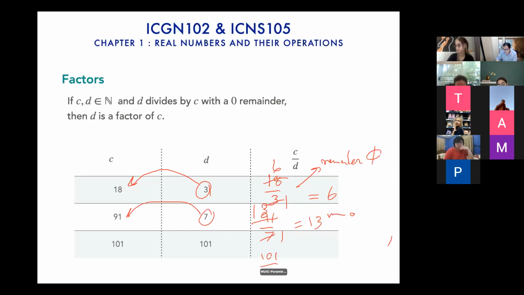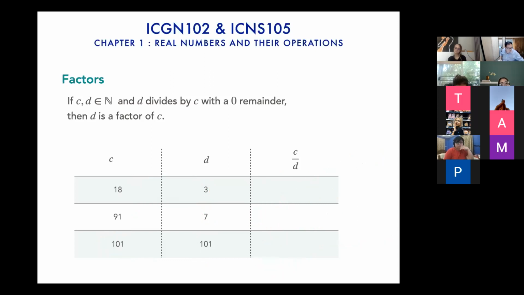And lastly, you divide 101 by itself. In here the answer is 1 with no remainder, so we can see that 101 itself is a factor of 101. When I refer to the term factor, it is like this. And for the last slide for this chapter,